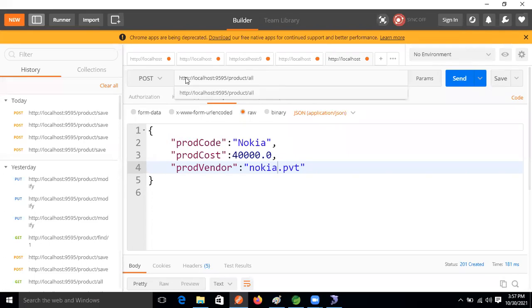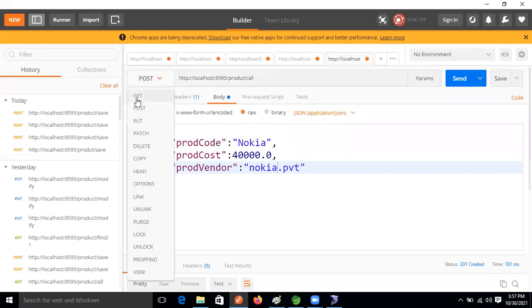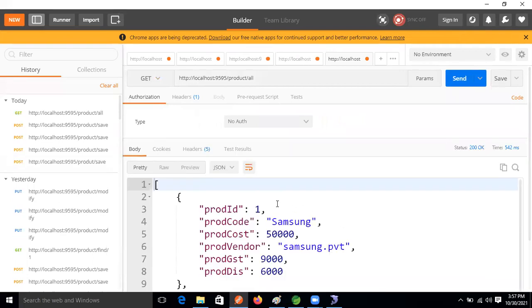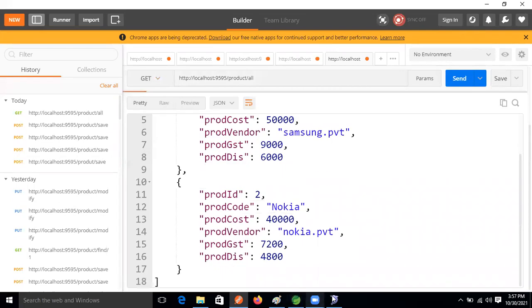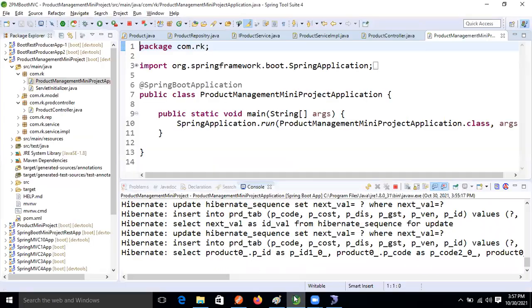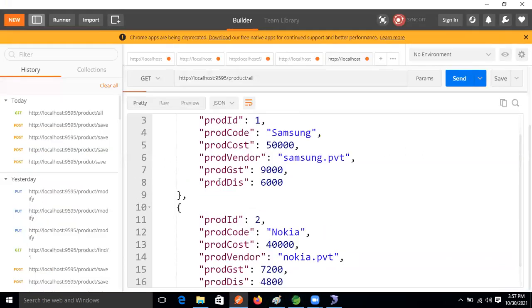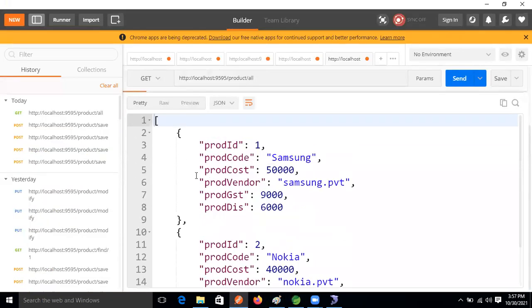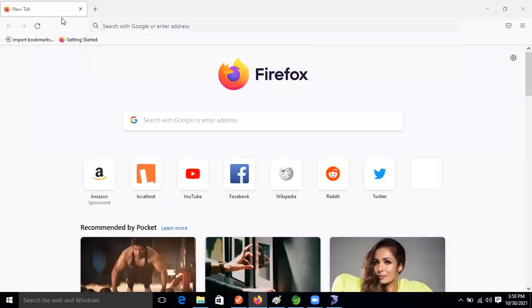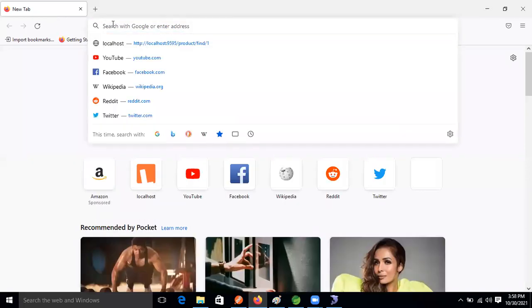We took the URI now and use the GET method. Now see, we are getting the JSON data. In the database this data is there, but the response we are getting is in JSON format. It is a GET type, so we can run this GET on the browser also. Now I'm running this on the browser, making the request.